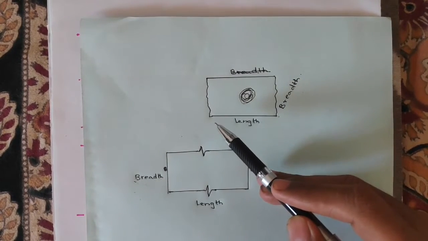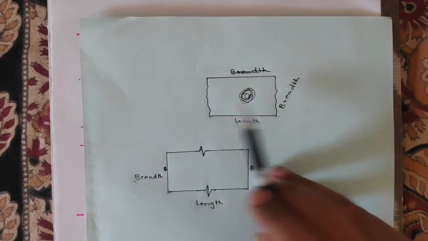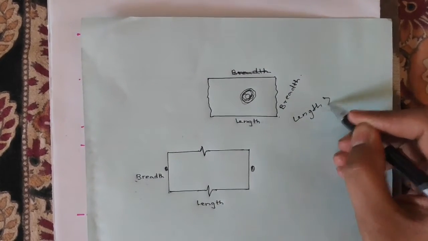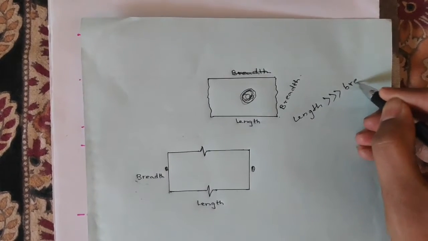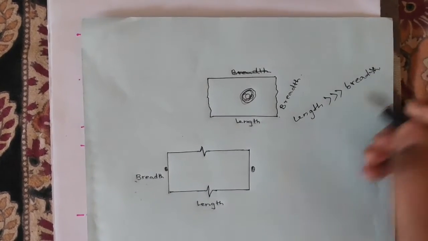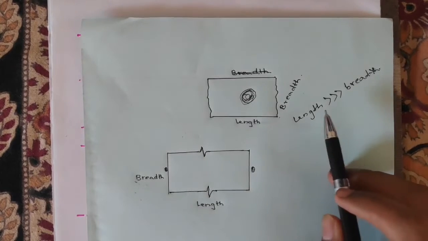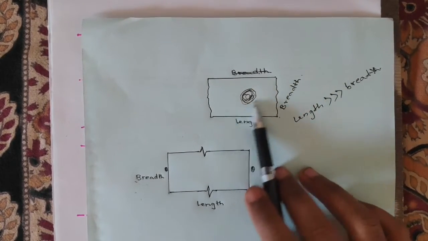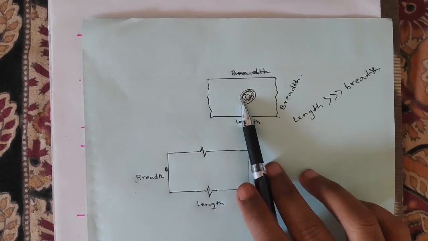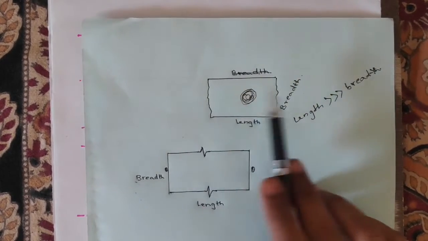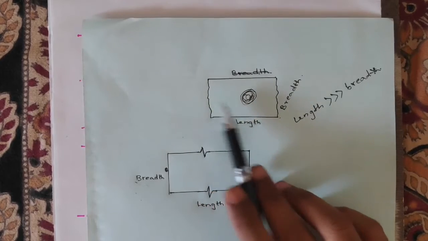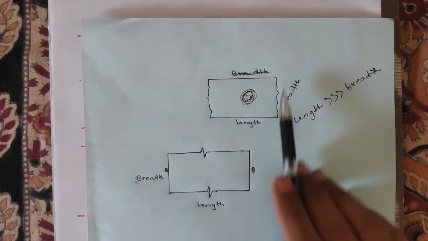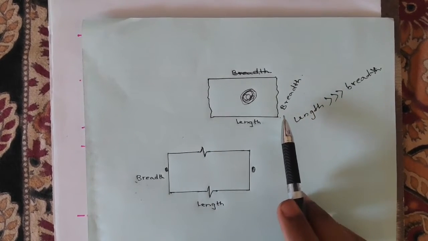The continuous thin freehand line is used to denote the breadth when the length is very much greater compared to the breadth of the rectangle, and you are focusing mainly on the central region of this rectangular plate and you are not concerned about the ends of this plate. We make use of continuous freehand lines to denote the breadth of that rectangle.